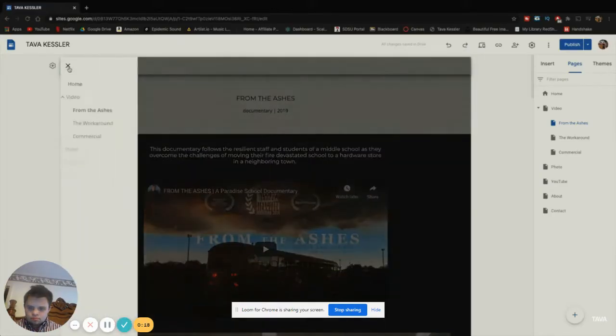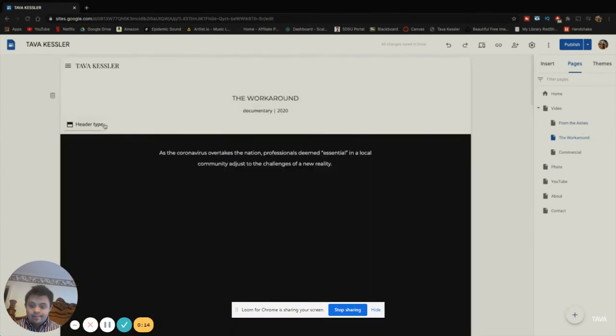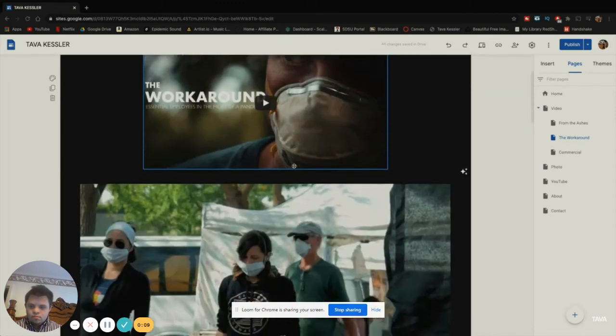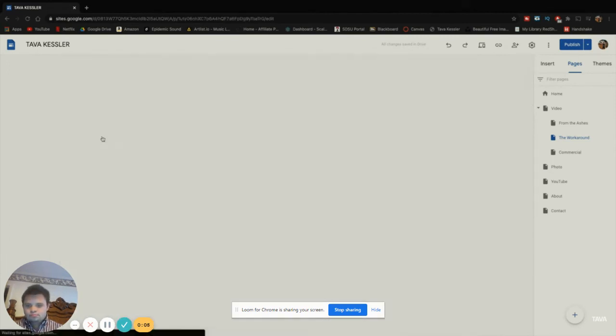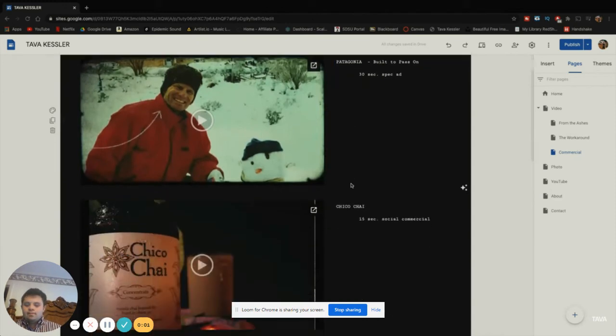And so again, for another example of this, if we go back into my drop-down sidebar, you can see we have From the Ashes. If I go to the next one, we have The Workaround. Again, the same format: title, description, video, and then we have some still photos under here. And then if we go back again, you can see I've added some of my commercial work. So this is going to be commercials that I've done, a little bit of information about them, and then just order where you can